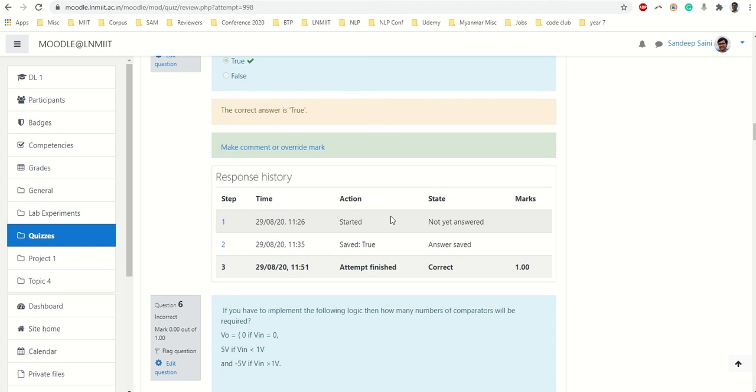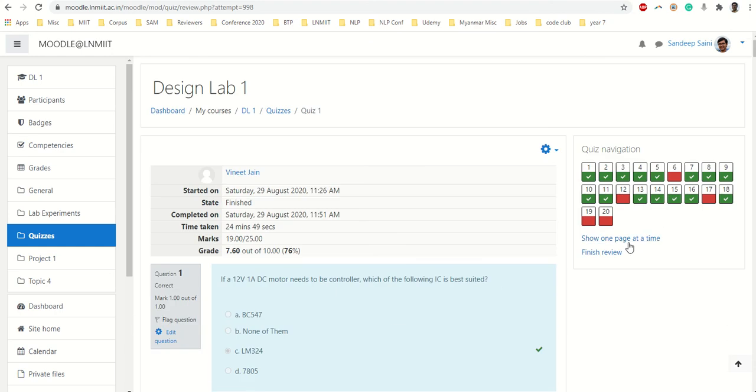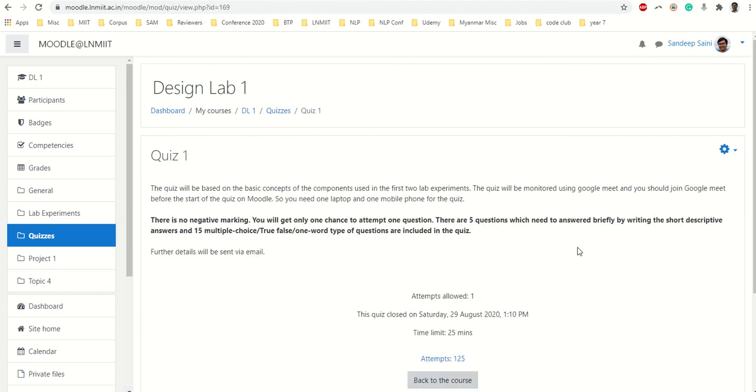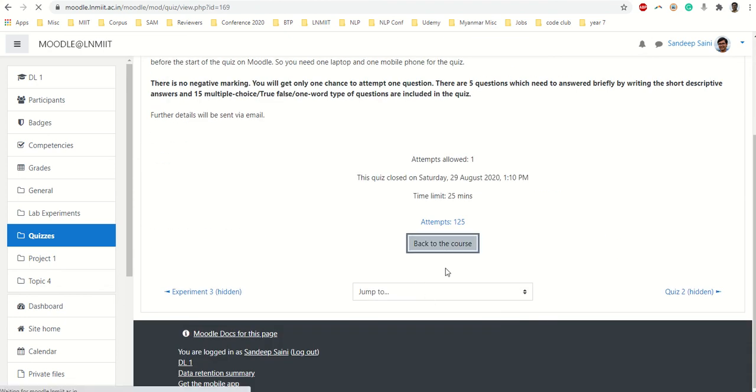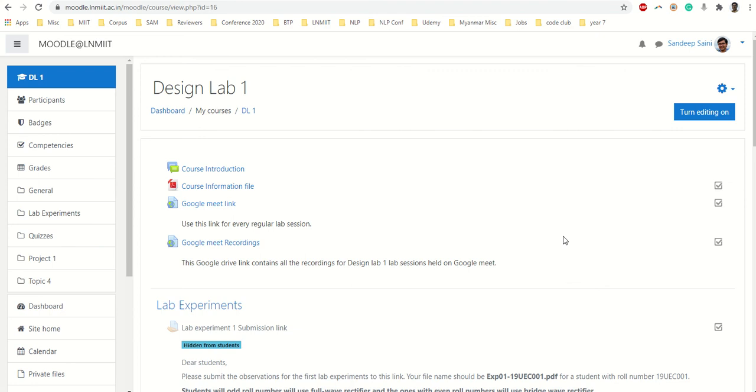Embedded answers also, matching answers also, every type of auto evaluated answer, they can be corrected after the exam. Only thing, please don't change the text of choices, just change the grading. That means how much weightage each choice is having. Once you do that, you just regrade the whole number of attempts and do it for step 9 as well as step 10.